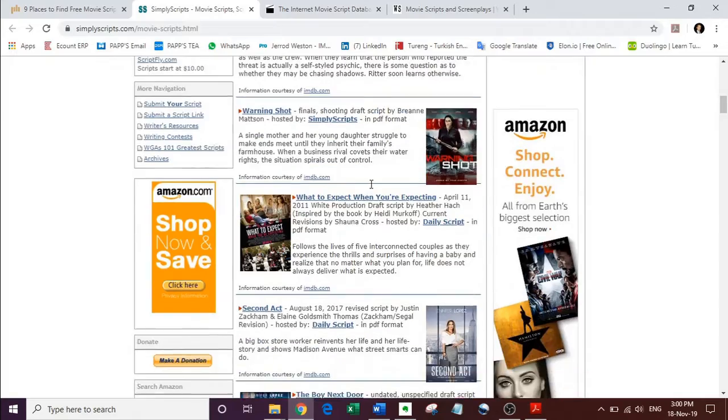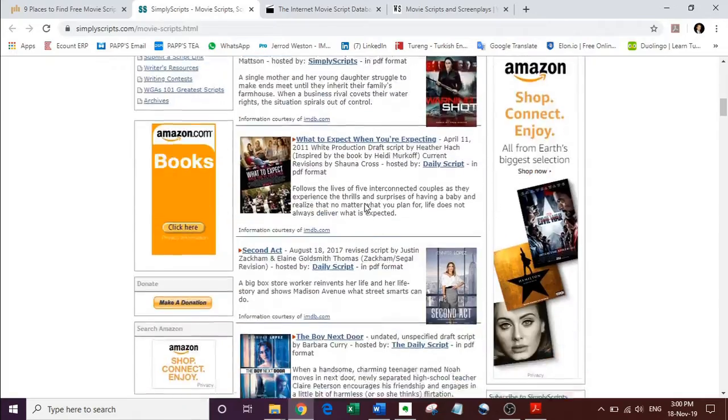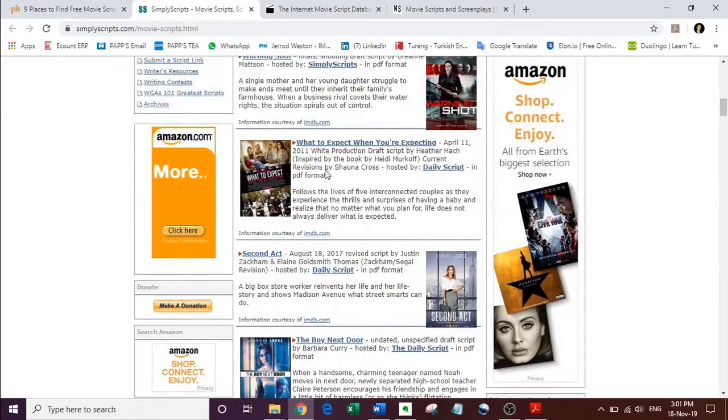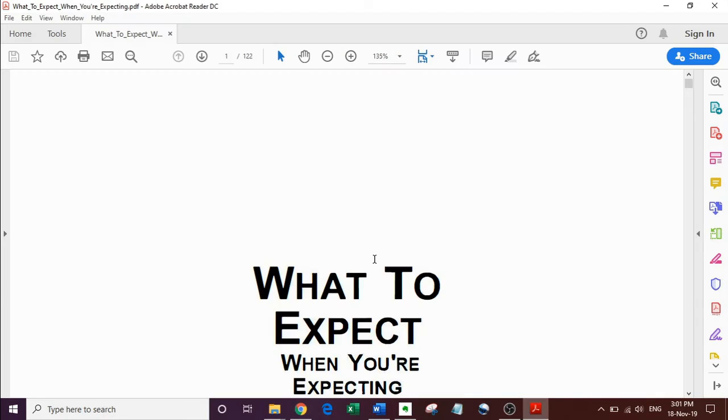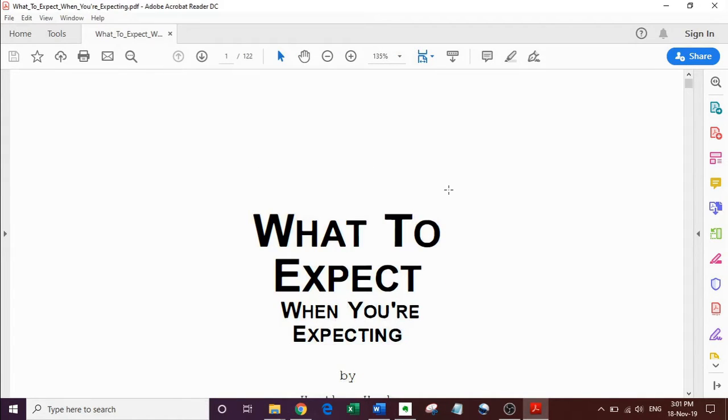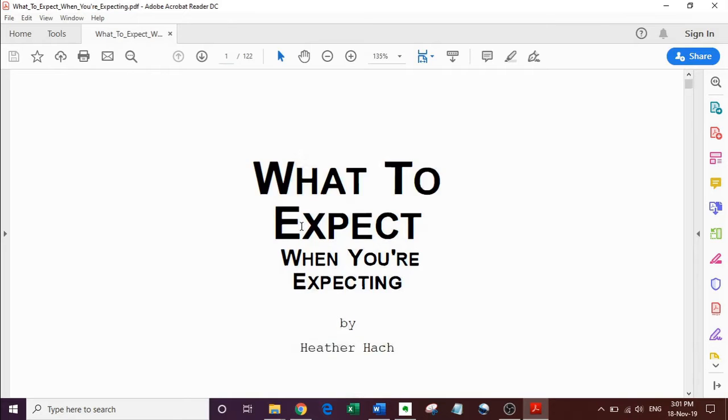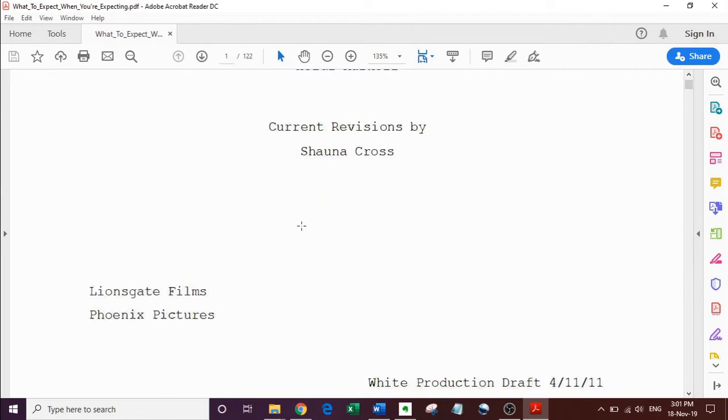For the sake of not being a spoiler, I skipped over these newer movies and found What to Expect When You're Expecting, which is a movie I haven't seen yet. I downloaded it in advance to be ready. The nice thing about this one is that the text is nice and easy to read. You'll oftentimes find some where it looks like it was typed and then somebody took a picture of an old typed piece of paper. But this one will be easy to read for us.